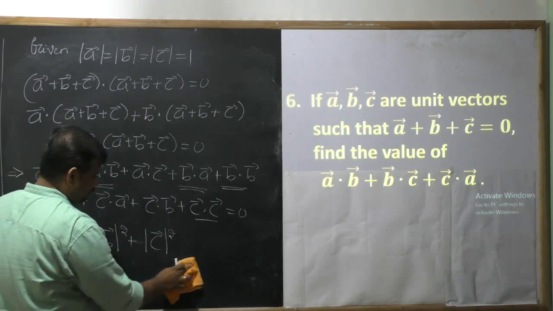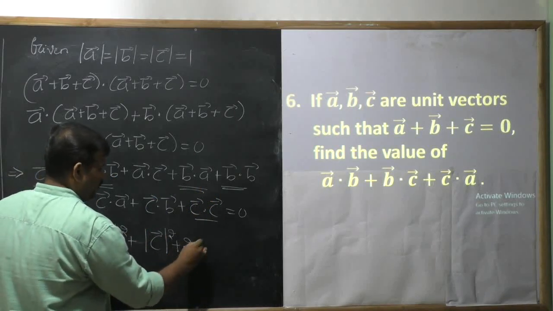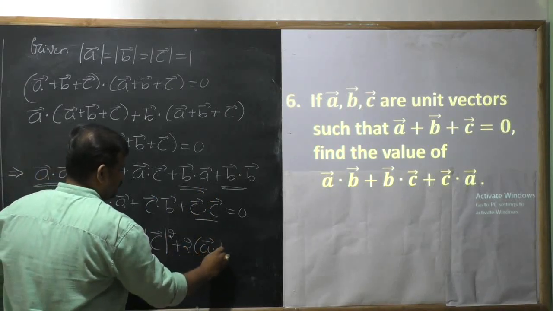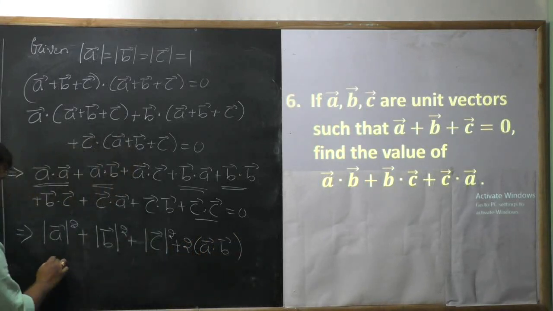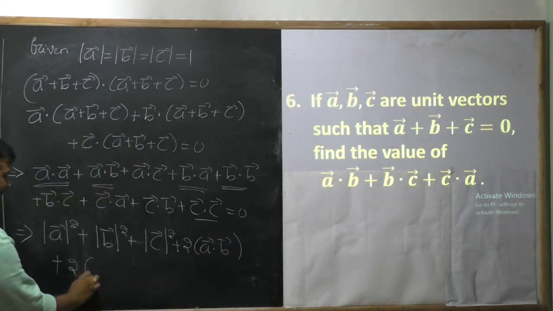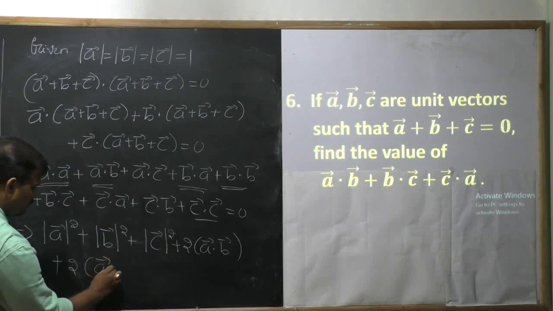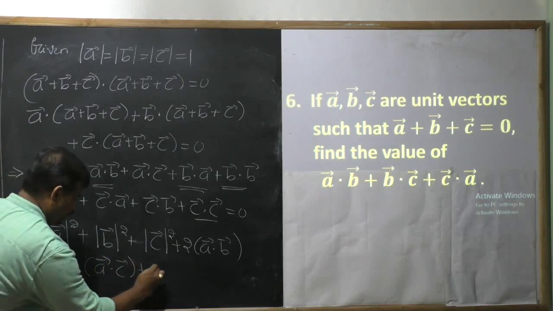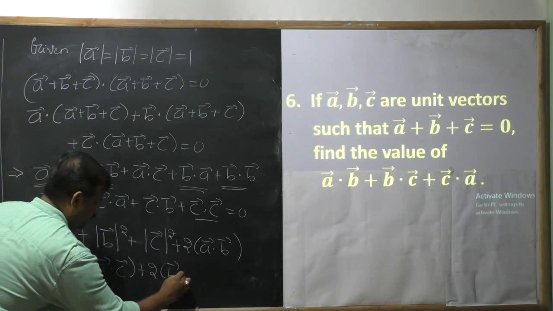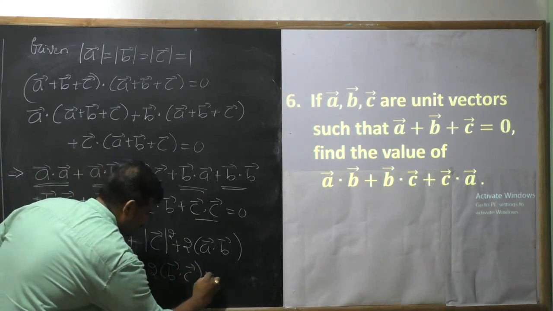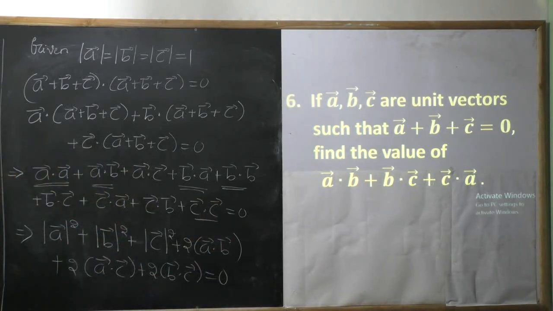So plus 2 times A dot B plus 2 times A dot C plus 2 times B dot C is equal to 0. This is given. Okay. And next,